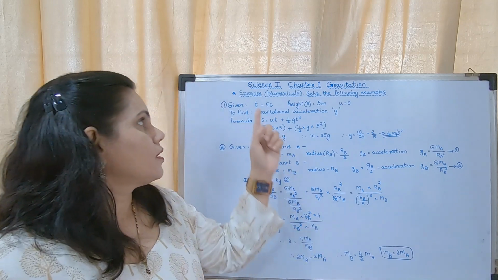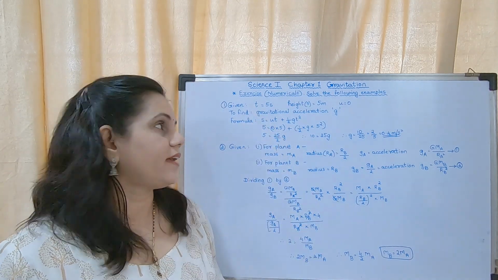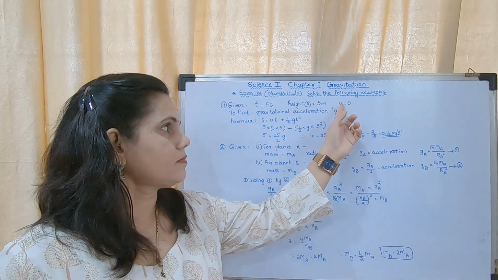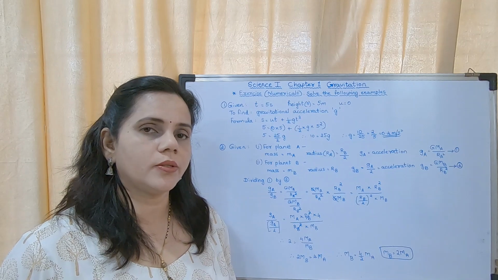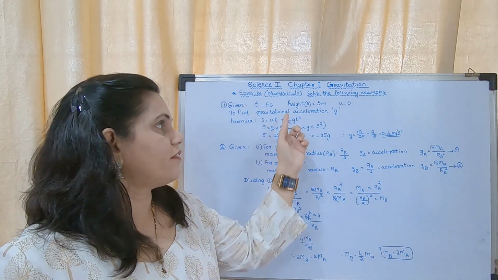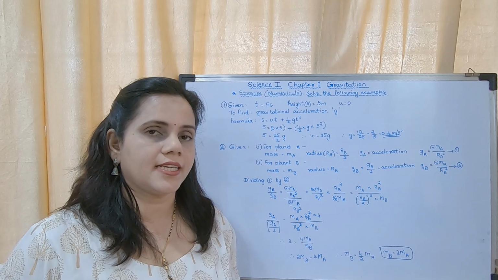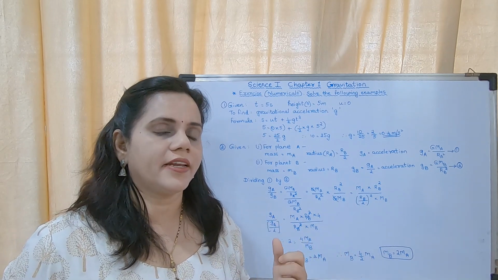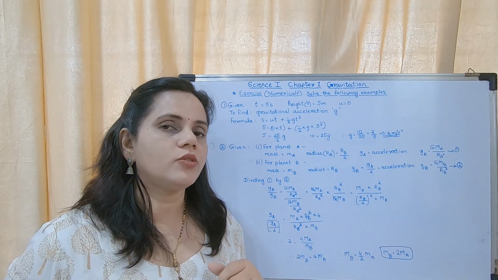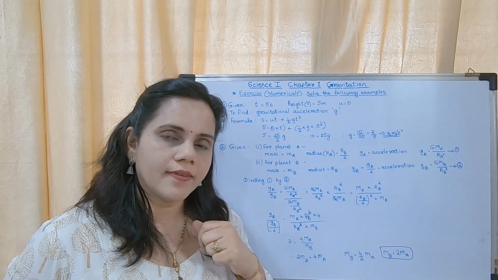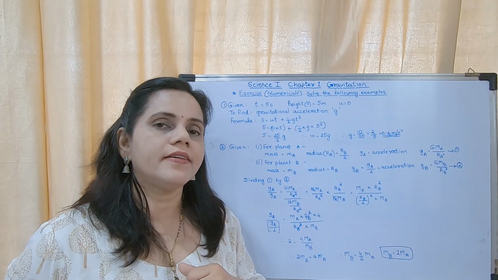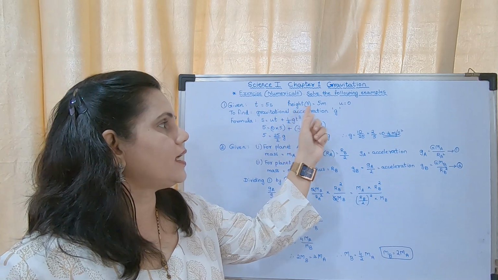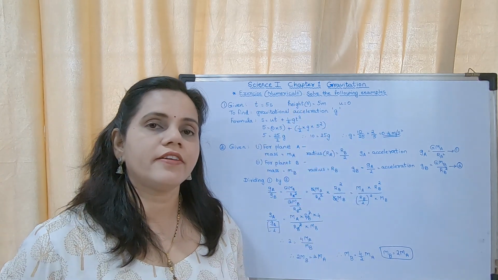So you see, time they have given as 5 seconds. Height or distance they have given as 5 meters. Initial velocity u is equal to 0. Now you have to find out the gravitational acceleration. While doing numericals, you should see what has been given. First see what all values have been given. From the values which have been given, you may decide which equation to use. Here they have given t, s and u, and you have to find out g.